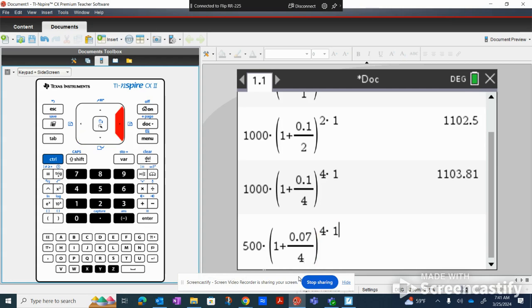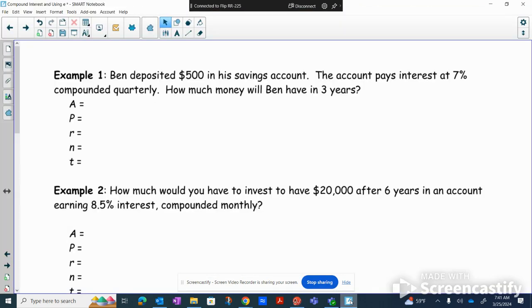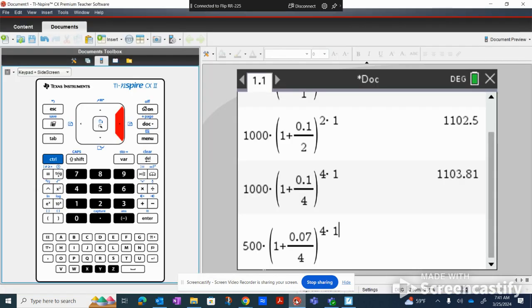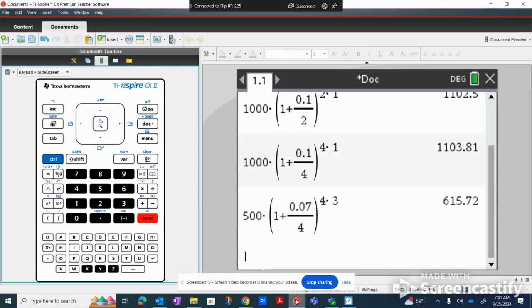We want to know how much money we're going to have after 3 years. How much money will Ben have after 3 years? Okay, so $500, 7%, compounded quarterly, 3 years. Answer, $615.72. All right, so now that you kind of get an understanding on how this formula works,